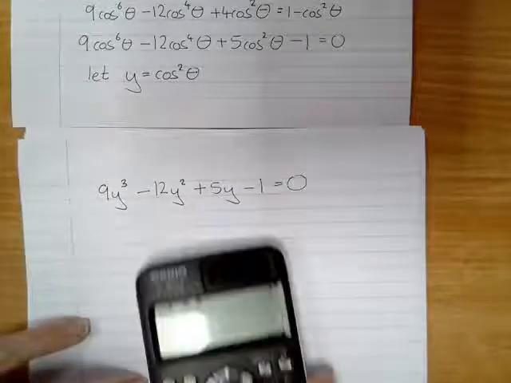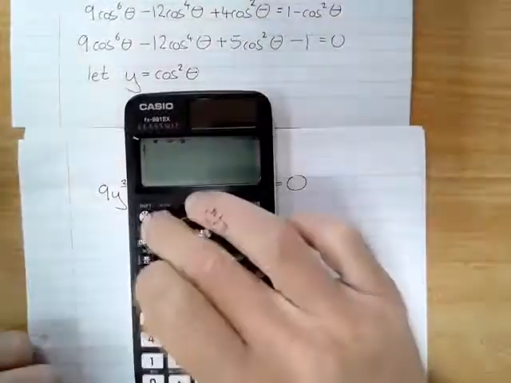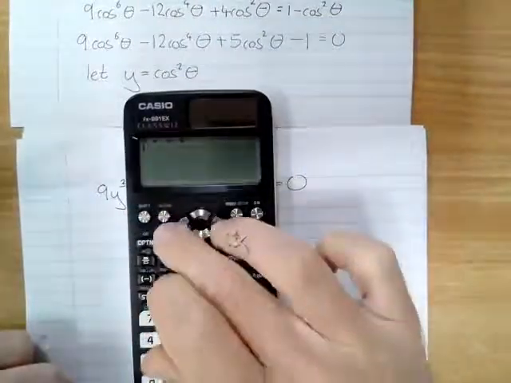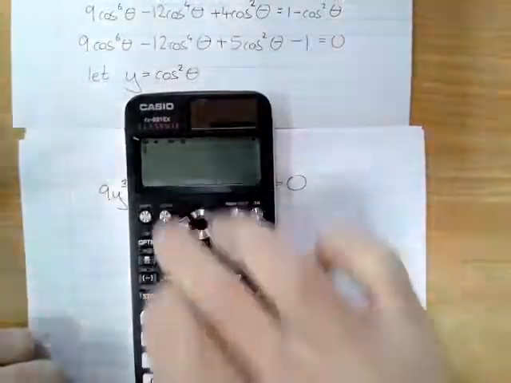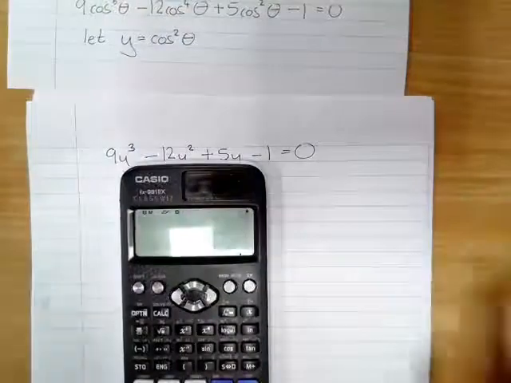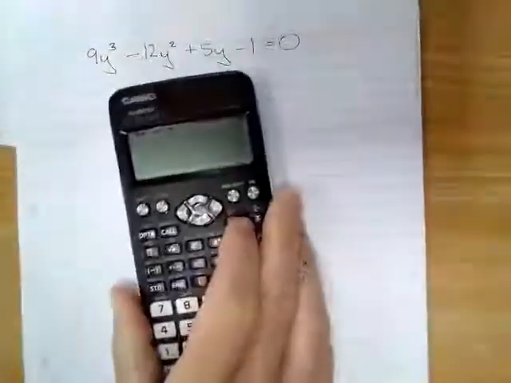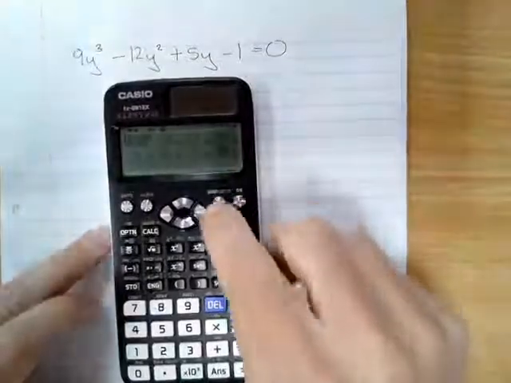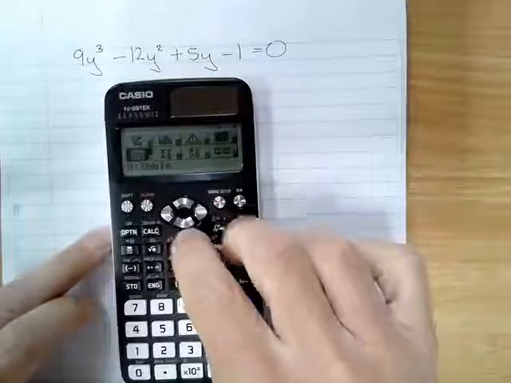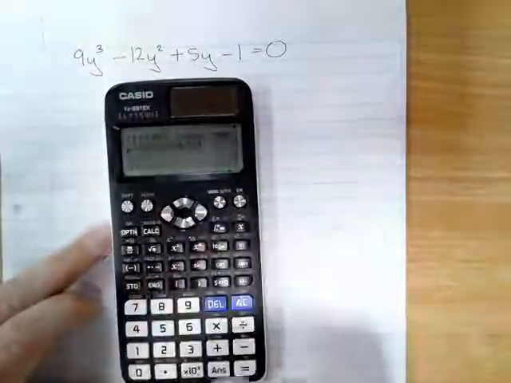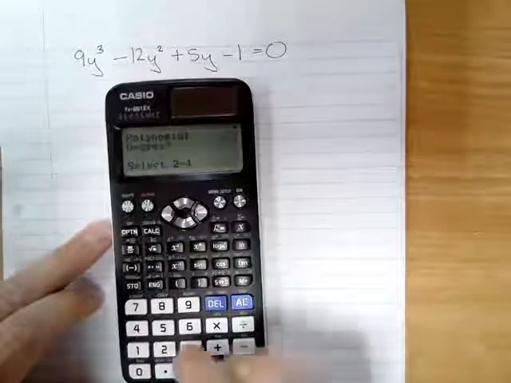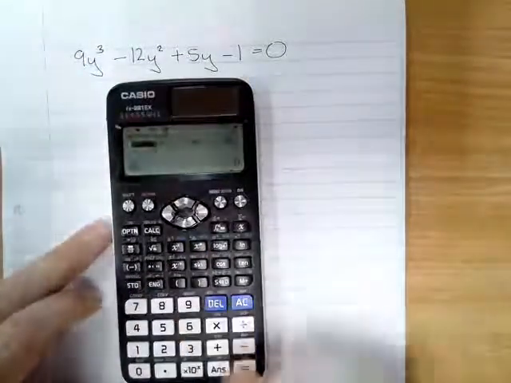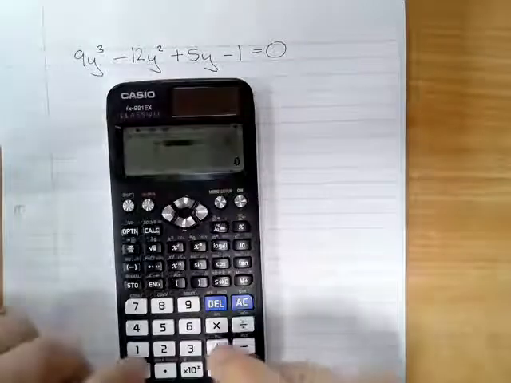It doesn't factorize, you can't do it that way, so we're going to have to use our calculator. So I've got my calculator here, and I'm going to go into polynomial solving mode, which I believe is number A. Polynomial, it's a cubic, and my coefficients are 9, minus 12,